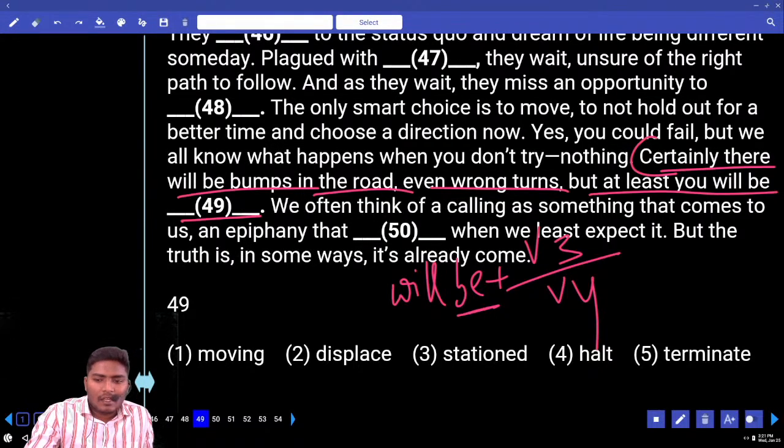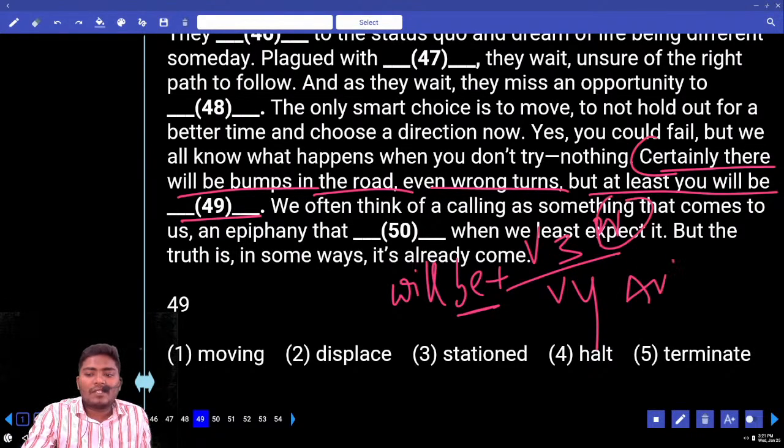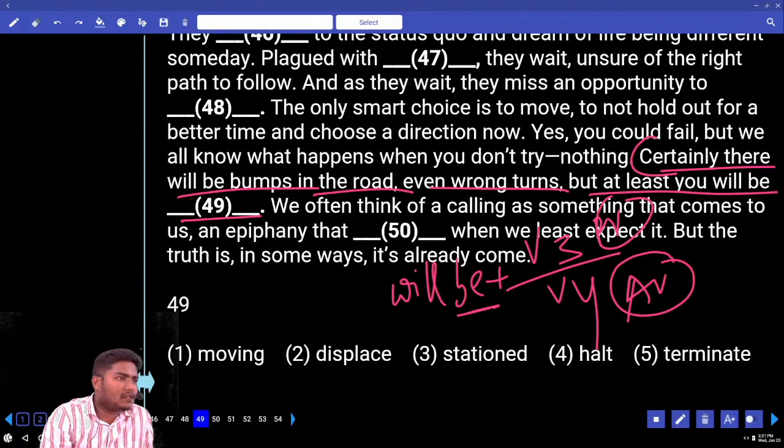Do you remember that? Now, will be plus V3, this is passive voice. Will be plus V4 is active voice of future continuous tense. Do you remember this future continuous tense? I will be going, she will be coming. Yes or no? Of course, you will move your hands like this, like a doll. But I don't know how many of you are certain. Okay, whatever.